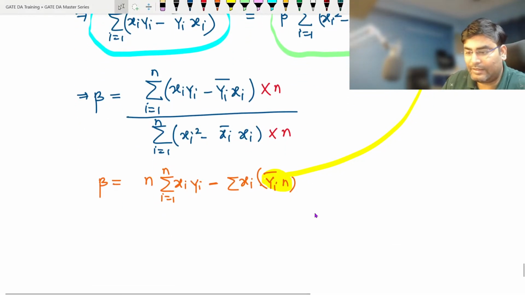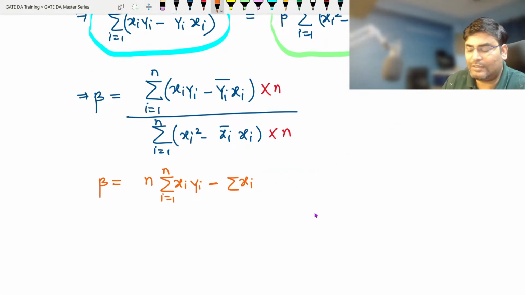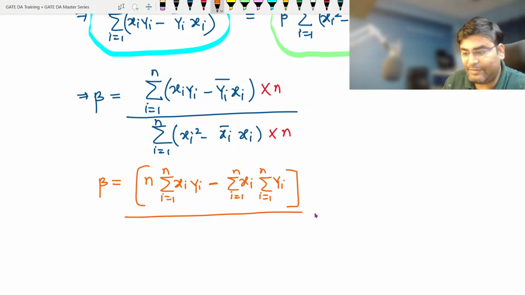So then this will be getting replaced. I'll do it in here only. So I'll just take this out. I'll say sigma xi, sigma yi, i equal to 1 to n. Can you see that? It is the individual sum, divided by,